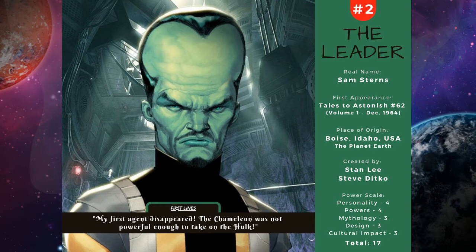Powers, usually if someone is super smart, they don't necessarily get a 4 because smarts don't always lead to success. But the Leader has been one of Hulk's archenemies since 1964. And he is absolutely no match for him in a physical fight, but has still managed to concoct some of the greatest schemes against Hulk. In fact, you probably would say that he is the highest ranked actual villain on this list. We'll see number 1 in a bit. And number 1 is, I wouldn't quite label him as a straight up villain to the Hulk, more of a nemesis.